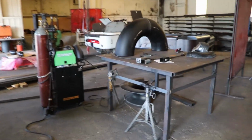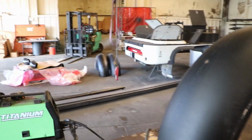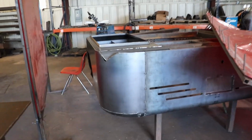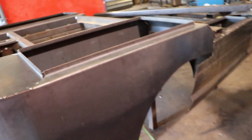This is what we cut our fenders out of, 2 12-inch long radius 90s. Chop them up. There's a couple more sets over there and more to be cut down there. This is a kit we got going out. This gentleman, he bought this kit quite a while ago. Been very patient with us. He wasn't in a huge hurry for it, but